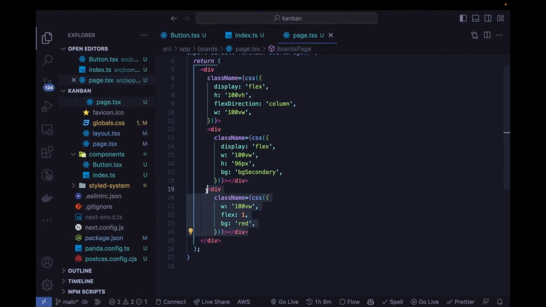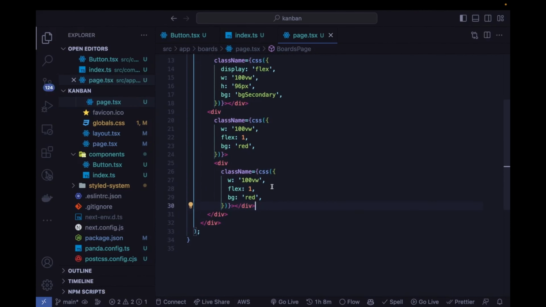So inside of here, I'm going to add the sidebar. Now calculating the height is going to be tricky, and that is where we will have the issue to play with. But it's already quite easy, since we have the height as 96 and there's no margin around it, so it's easy to calculate. I'm going to set BG to the same color. I'm going to remove the flex one. I'm going to remove the width. The width is supposed to be